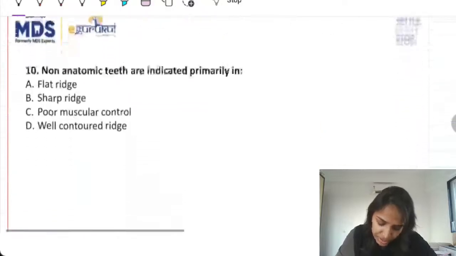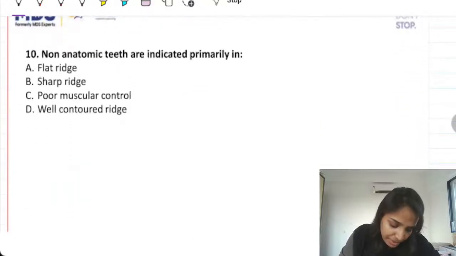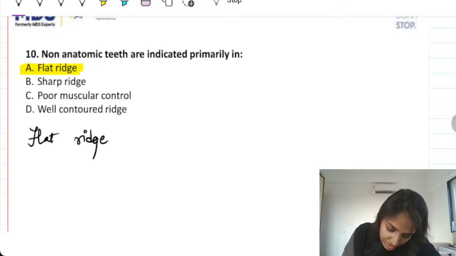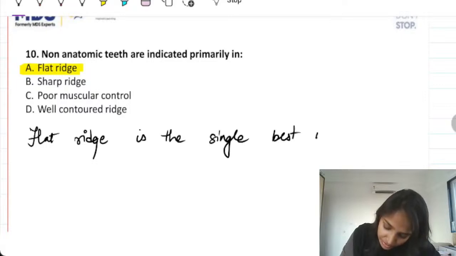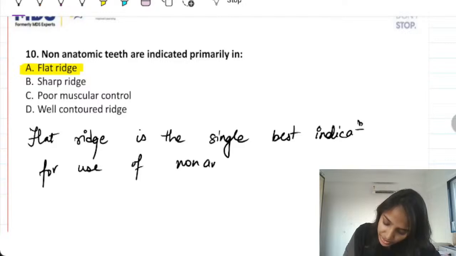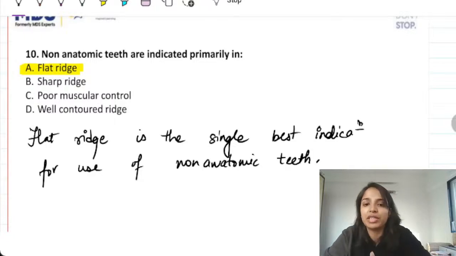Now, coming to question number 10, non-anatomic teeth are indicated primarily in what? Answer is flat ridge. It is a straightforward line taken from Winkler where it is written flat ridge is the single best indication for the use of non-anatomic teeth. So considering a line that has been picked up from your textbook, answer is option number A, flat